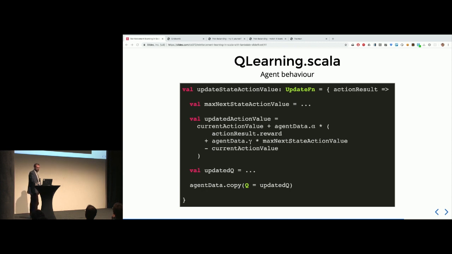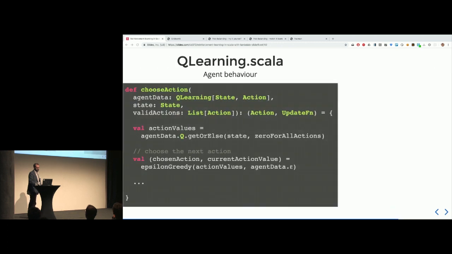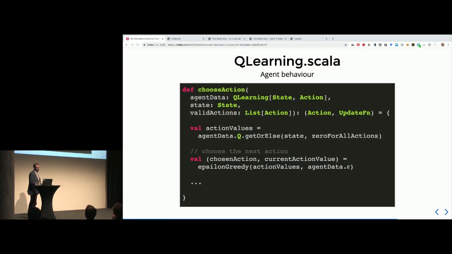So that's Q-learning. Surprisingly small amount of code for such a powerful technique. But one problem that you may have wondered about is this Q, this Q here,